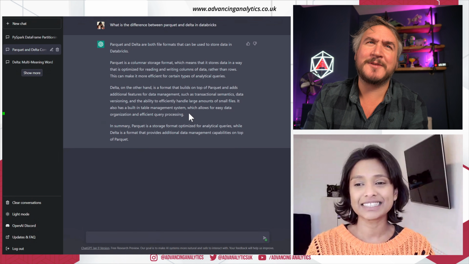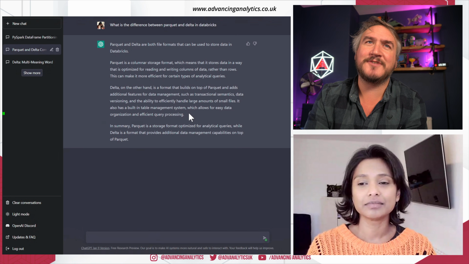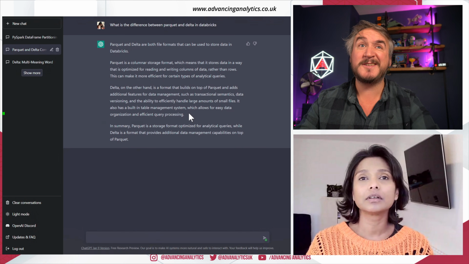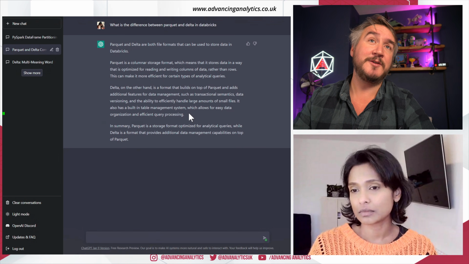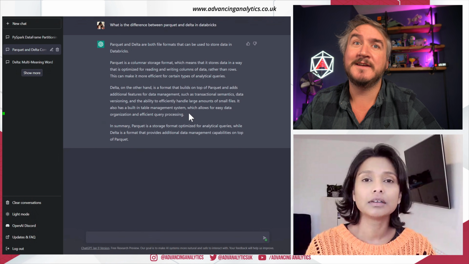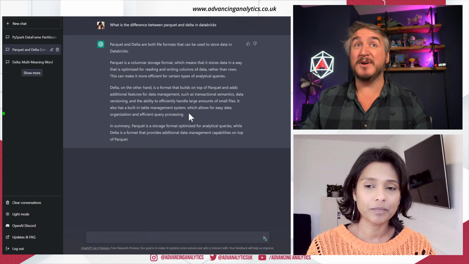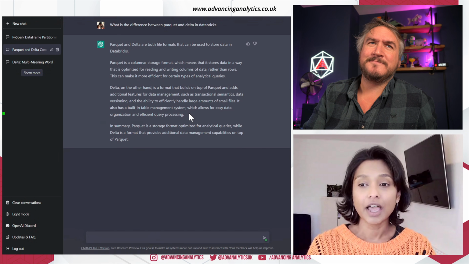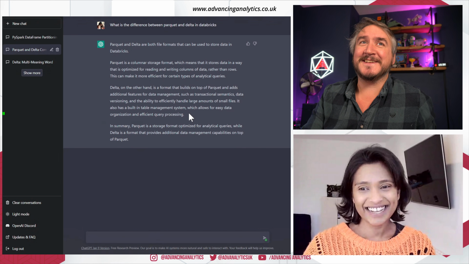How would I partition a PySpark data frame? Well, are you trying to partition it in memory across the workers, or are you trying to write it out as partitioned data? If you're doing it in memory, then it's repartition or coalesce. Coalesce can only be used if you're reducing partitions, whereas repartition always causes a shuffle, but it can go up or down. So coalesce or repartition. I'm assuming ChatGPT's going to be a lot less waffly than my answer.